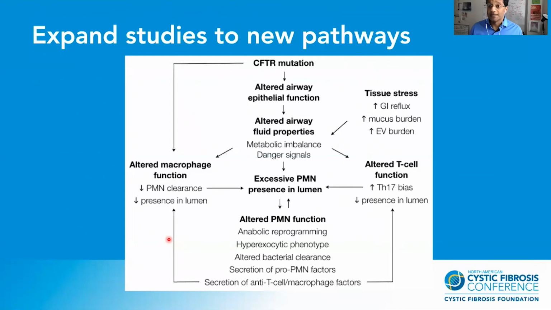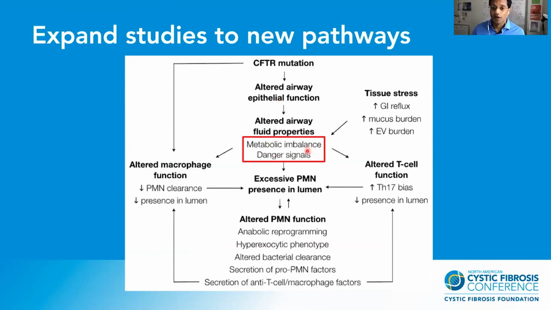But it's not just that. If they're recruited, it's for a reason, right? So what we want is really to go at the root of what's causing the neutrophils to come in the first place. So we still don't know what it is actually. Downstream of CFTR mutation, something is wrong in the epithelium, and the properties of the airway fluid are changed. And this is why when we take this altered fluid, put that in vitro, we can green the neutrophils in